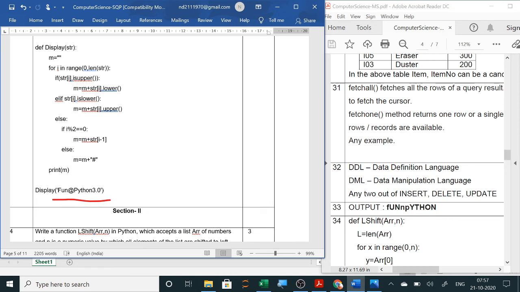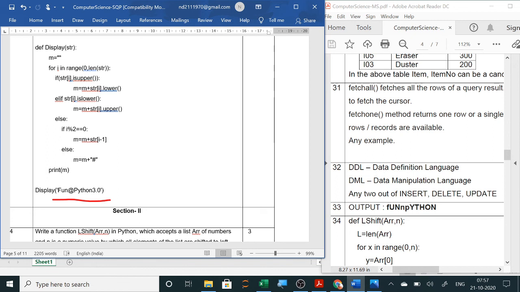And then the dot also is not divisible, so here also hash will come. So it will be fun, and then hash will be there, and Python, in 3 hash will be there, then in dot hash will be there, and in place of 0 only it will take the previous one.